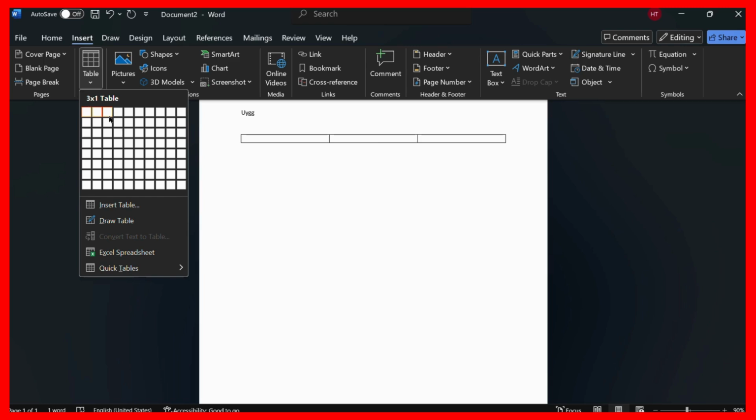And to make it into a number of rows, I can simply move my cursor in a vertical direction. So for example, if I want say 3 or 4 rows, I can simply move it to 3 and 4. Here you can see that this is a table with 3 columns and 4 rows. So if you want to add any number of rows and columns in the table, you can simply do so by dragging your